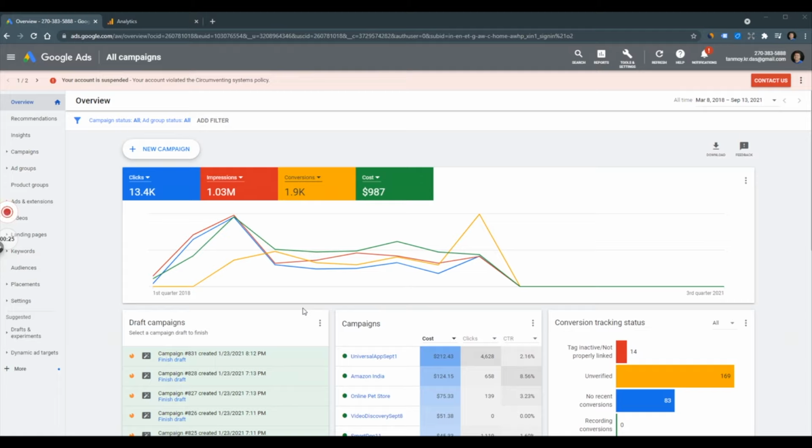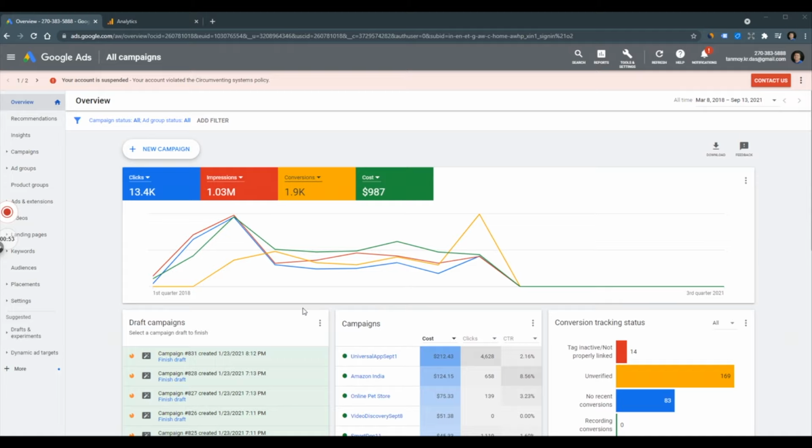All we need to do, once we are inside our Analytics account, is create a particular goal, and then we can import that goal inside Google Ads and use it for conversion tracking. I'm going to show you how we can do this for both properties. One is the Universal property, which was the old version, and the latest one, which is the GA4 property, and we'll see how both can be used separately to set up conversion tracking in Google Ads.